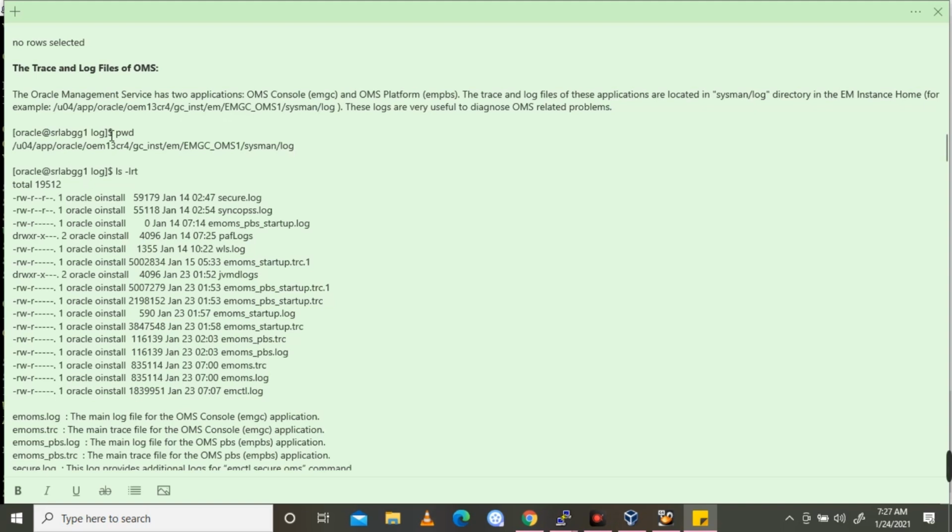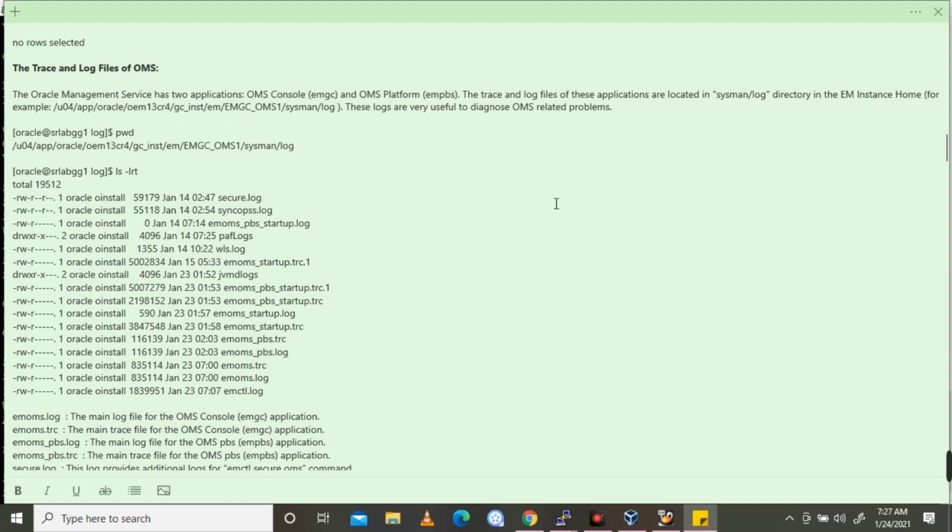The Oracle Management Service has two applications, OMS Console EMGC and OMS Platform EMPBS. The trace and log files of these applications are located in the sysman log directory in the EM instance home.